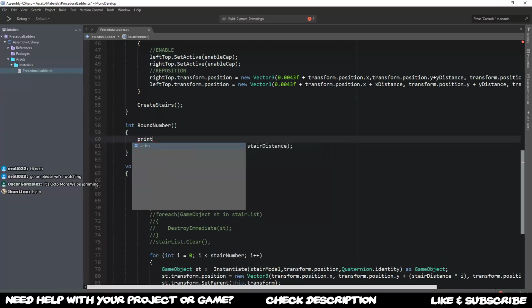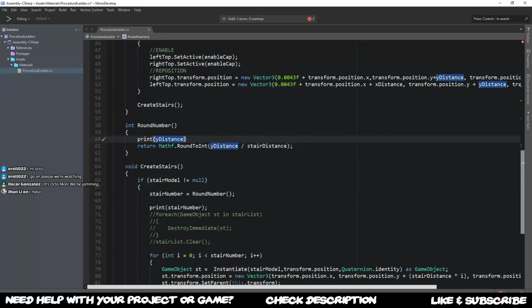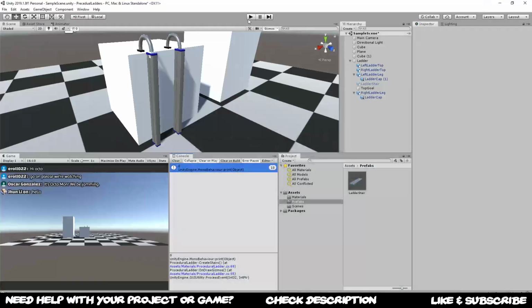So I'm gonna print another message over here. Print y distance. I want to know if that is... Hi Yun Lee, welcome to the stream. I'm gonna test out what the y distance is going to be whenever it's calculated, and y distance seems to be 1. And when we divide 1 by 30,